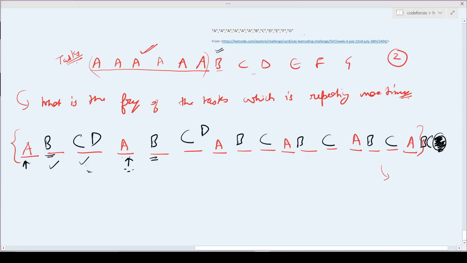After that, I use those idles and place my alphabets in these locations, and now I can see that my idles are finished, so I can place my alphabets anywhere, but I will place them at the end. So I will place it like this, D, and if another alphabet comes, suppose E, I will place them here like E, F, or anything, because now the interval condition is followed.